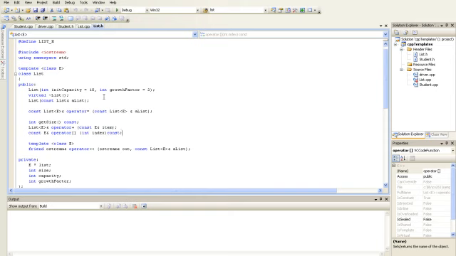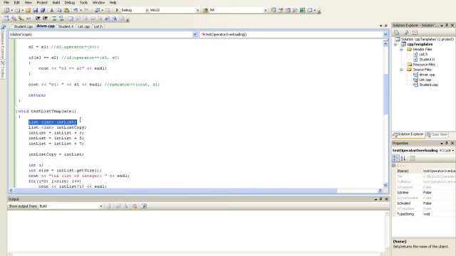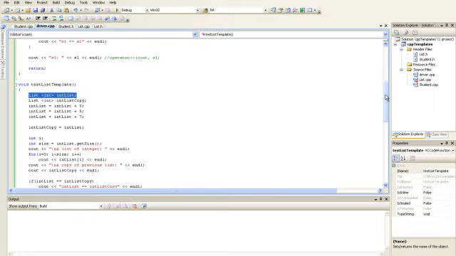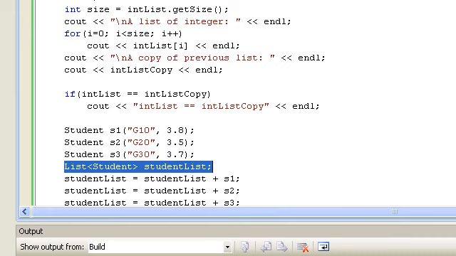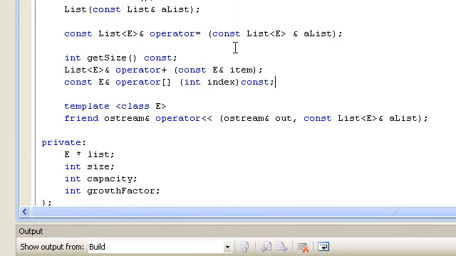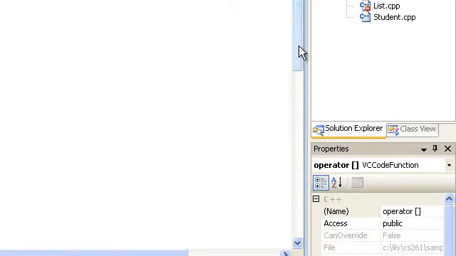Because the object code cannot be generated until you invoke it. Like for example, here when we have a list of integers, then the code can be generated. When we have a list of students, then the code can be generated. So in order to keep the header file and the implementation file together for the compiling purpose, sometimes people take